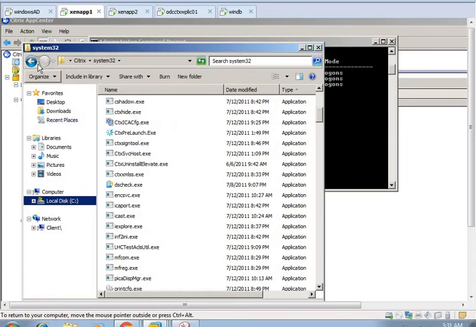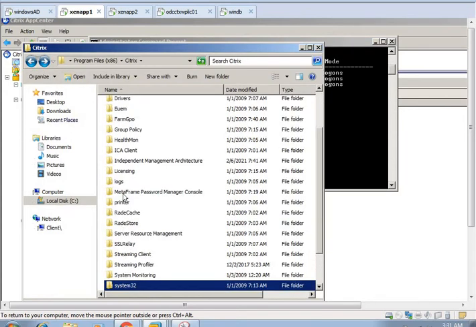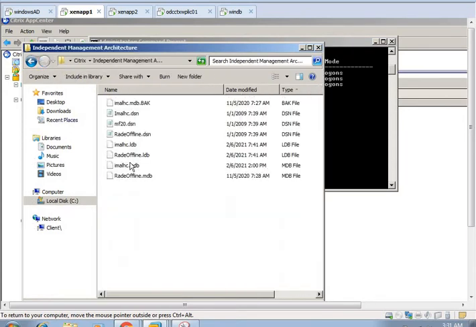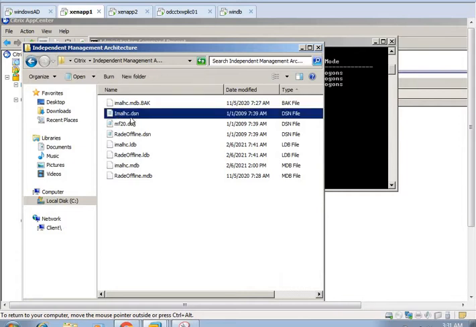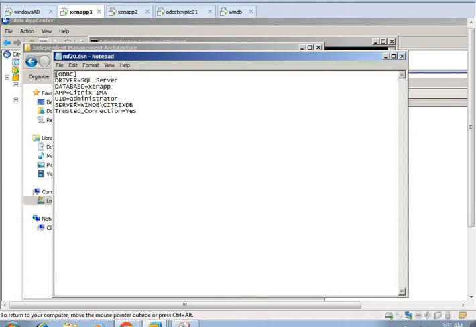In between, I'm going to the next one. You can see the IMA. In IMA there is the IMA LHC file, the database file, MF20. MF20 contains the server detail or database detail, like the database name.